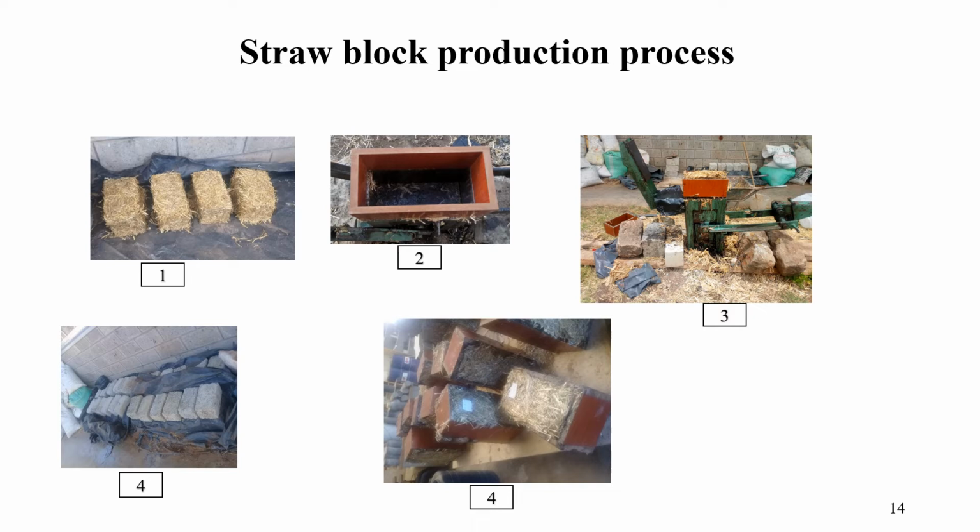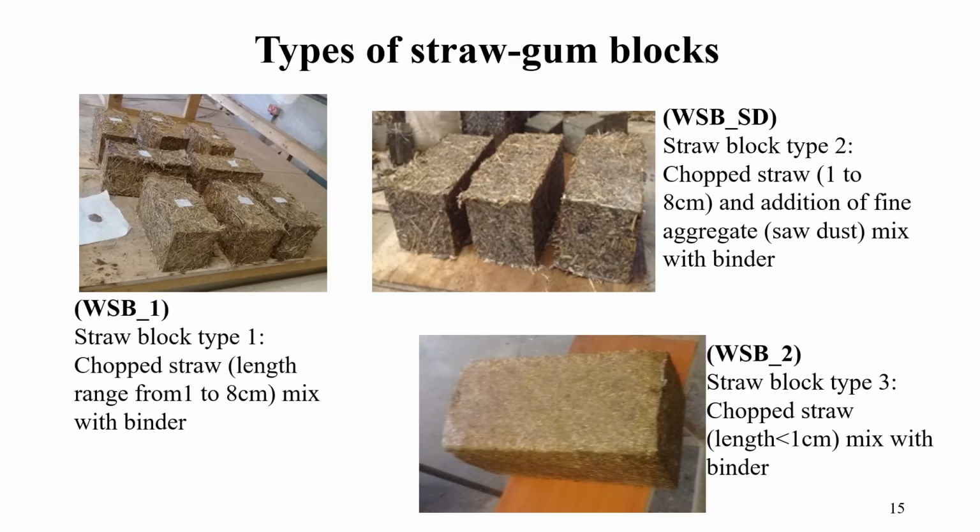blocks on the formwork. So these blocks were resting on the mold, not on the material that you are trying to dry. So this is how they look after 1 week. This image 4, after 1 month and a half, we demolded all those blocks, and 3 types of them